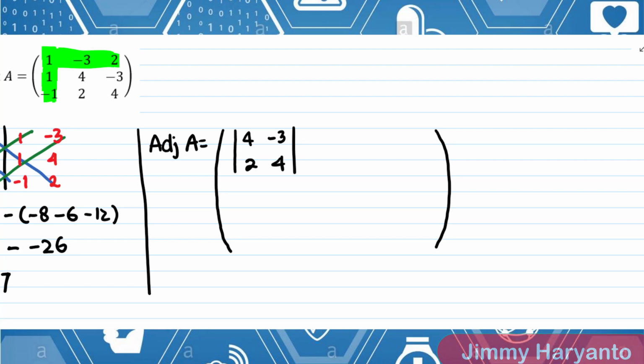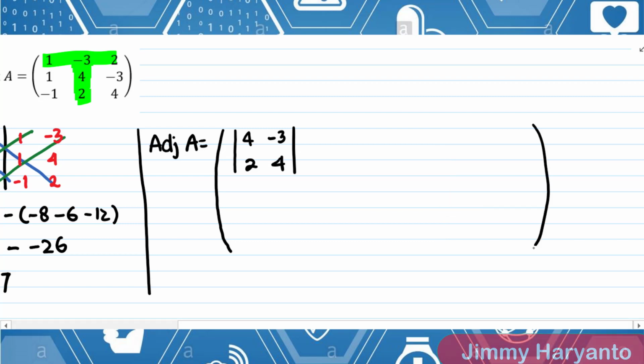So that's how you get the elements of the adjoint of A: you have to keep closing rows and columns for a 3 by 3 matrix. Once that's done, you have to move to the right, and you choose -3. The second element that you have to close is -3, including its row and its column. Therefore, it will leave you 4 numbers again. The 4 numbers are 1, -3, -1, and 4.